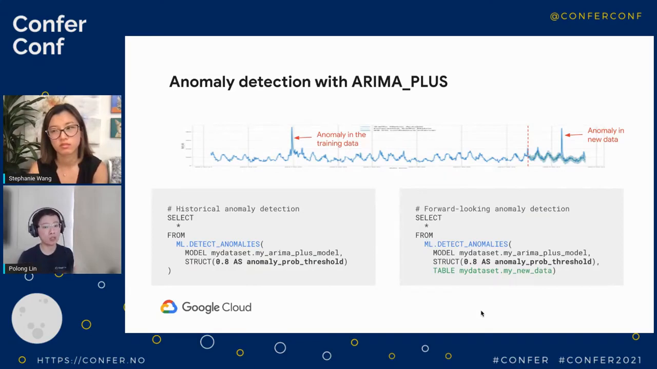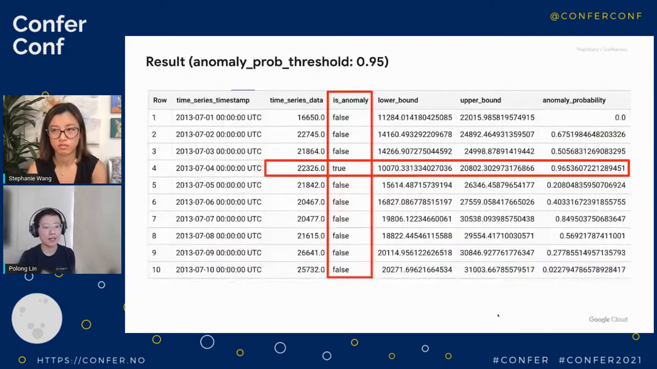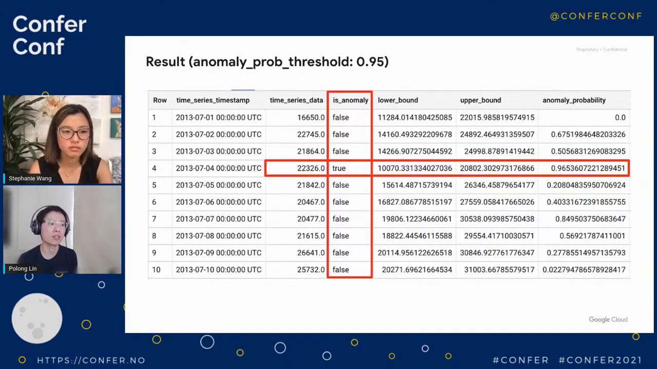If it goes above that threshold of 0.8, it will return a true for that particular row in your data. So let's see what that would actually look like, Stephanie, in the next slide. You can see here there's a column called is_anomaly, and it's a true or false Boolean column, and there's one row here where the value for that time series data is true. It's considered an anomaly,